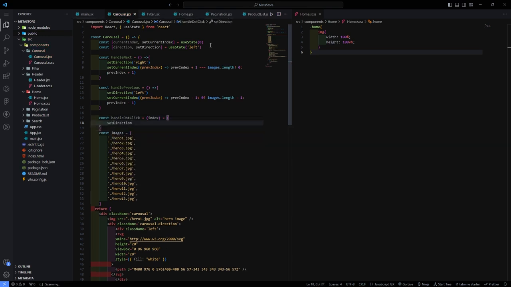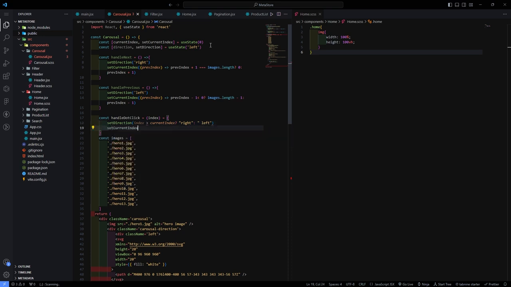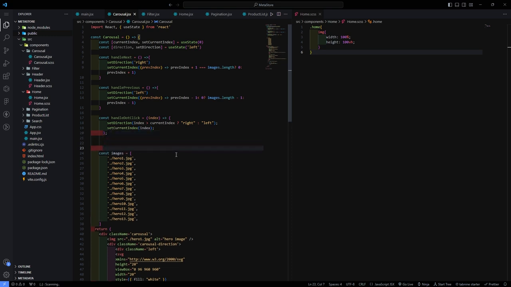Set direction to index greater than current index, to right, otherwise move to left, and set current index to index, like that. Okay, we have 3 functions here. Now after this, what we have to do, we have to create the variants for the animation. So const right here slider